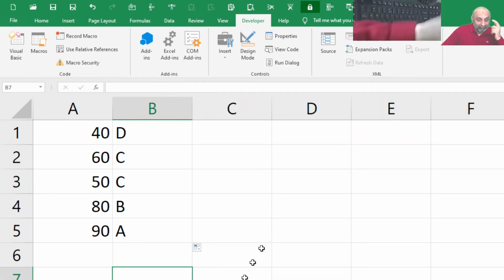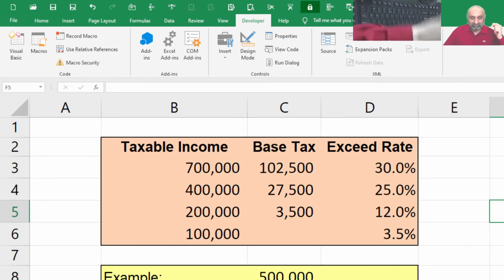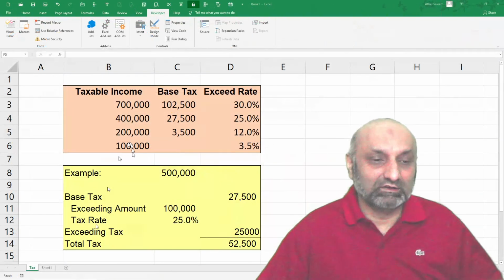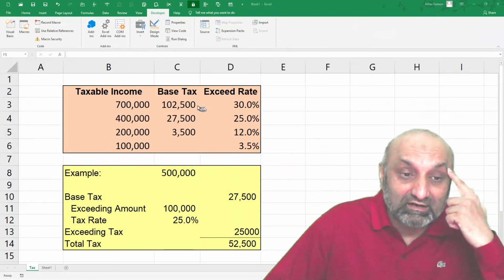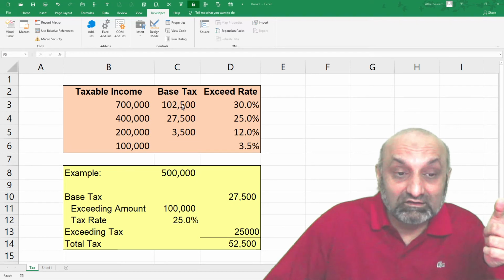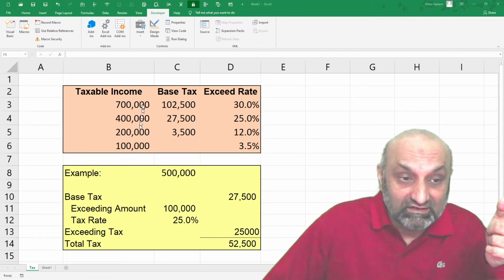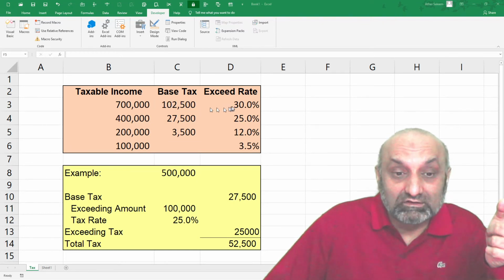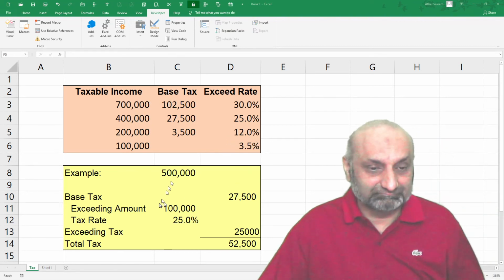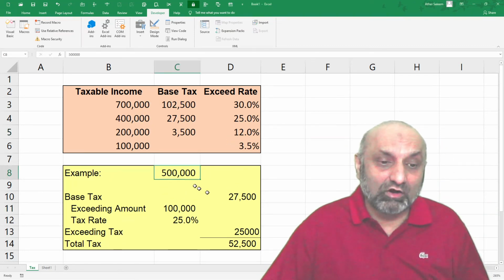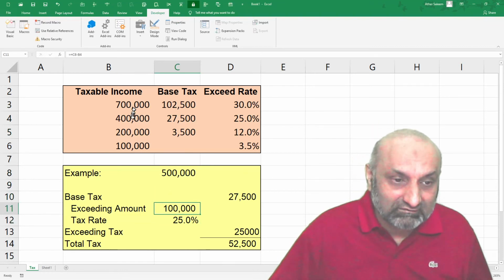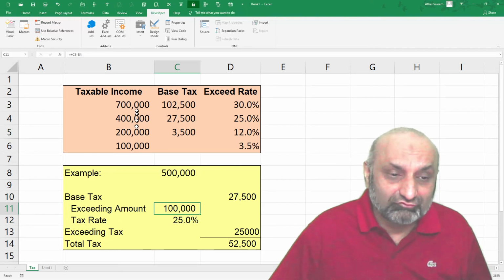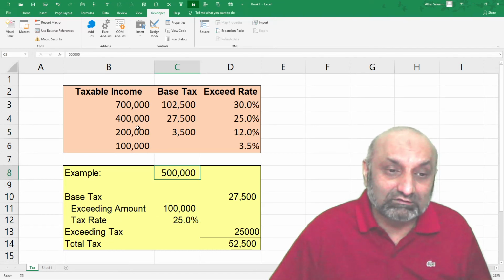So I have an assignment for you. I have these tax slabs. Here it is. This is the taxable income, this is the base tax, and if my income exceeds this base income, the rate will change. For example, if I have an income of 500,000, I will need to check where this 500,000 falls.